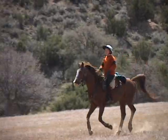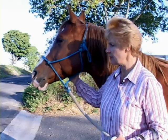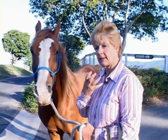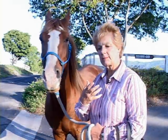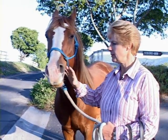Here we have another horse to look at in the fit of the bridle. This is a little Arab stallion. He's about 14 hands. And we talked earlier on about the problem sometimes with Arabs of them having a fairly thick tongue because they carried or stored water in their tongue. And it means then that you sometimes can have a bit of difficulty getting a bit to fit comfortably in